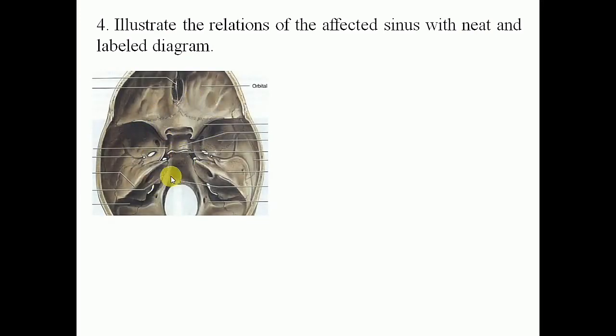So this is the view of the interior of the cranial cavity. Anteriorly, anterior cranial fossa, then there is the middle cranial fossa and posterior cranial fossa. So the cavernous sinus is located in the middle cranial fossa on either side of the body of the sphenoid bone. Anteriorly, the relation will be superior orbital fissure and apex of the orbit. Posteriorly will be the apex of petrous temporal bone and the crus cerebri of midbrain. Inferiorly, there will be foramen lacerum and the junction of the body and greater wing of the sphenoid bones.